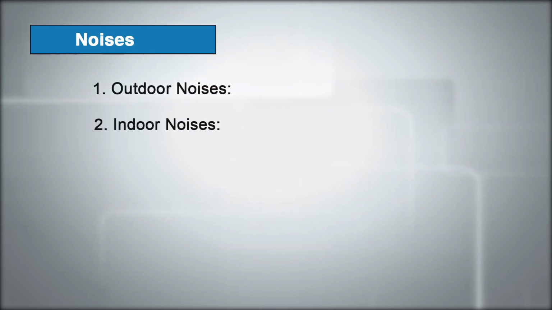Actually, noises can be classified based on their origin into two types. First one is outdoor noises and second one is indoor noises. Outdoor noises originate from sources like road traffic, railways, airplanes, moving machinery and nearby factories, while indoor noises come from sources within the same or adjacent room such as conversations, moving furniture, crying babies, radios, musical instruments, sustain operations, typewriters and door slamming, etc.